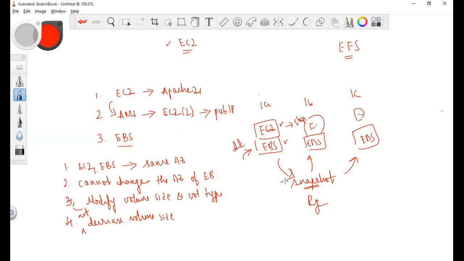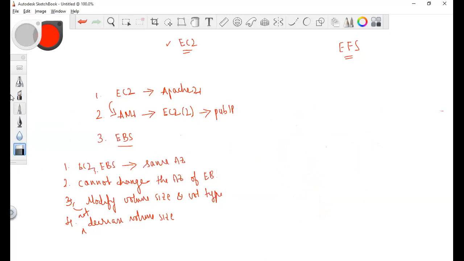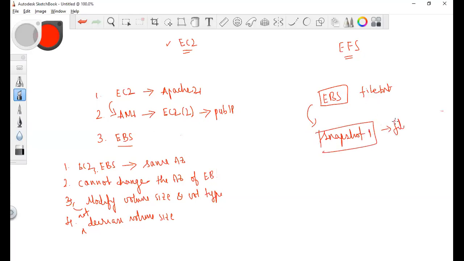Let me explain more about this. I have an EBS volume, and I have file.txt in this volume. If I take a snapshot, this snapshot will have the details of file.txt.